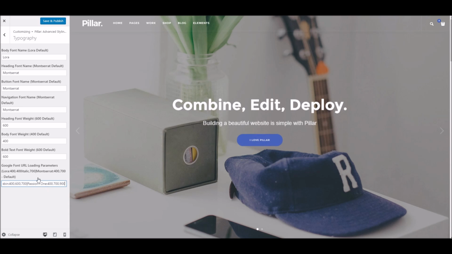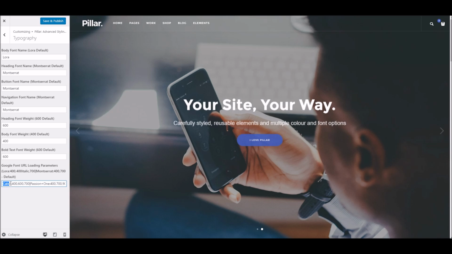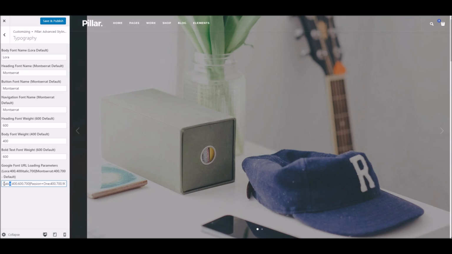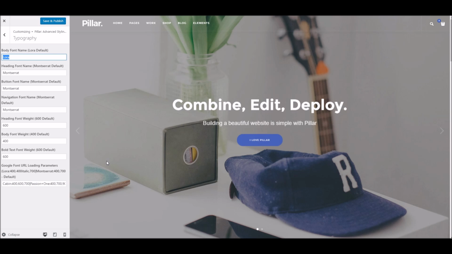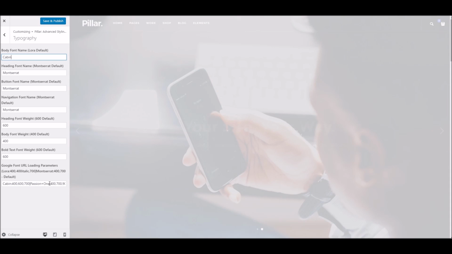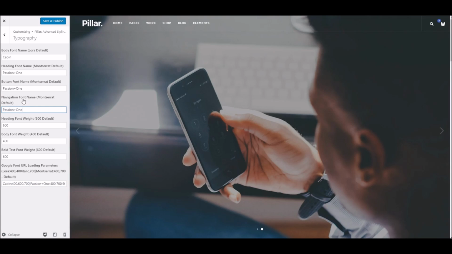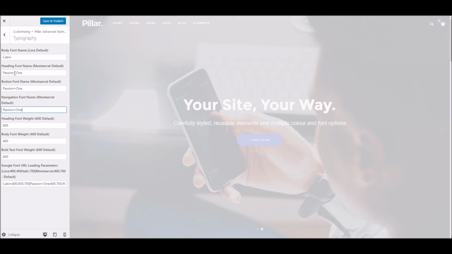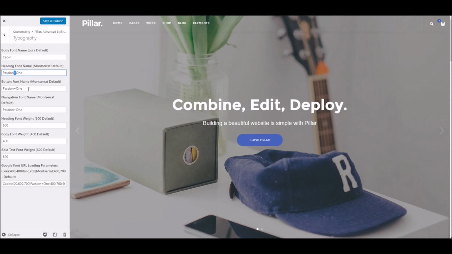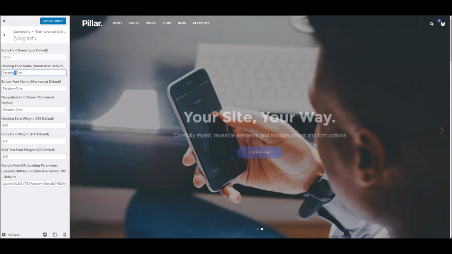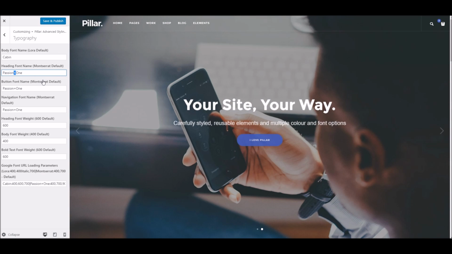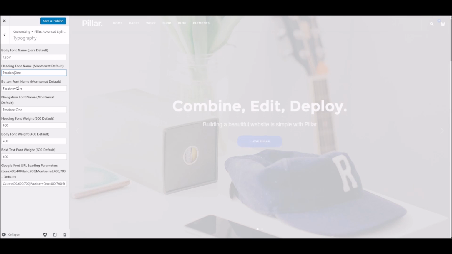And we're nearly done. What we need to do from there is actually pop the font names into the various fields above. So we're going to use Cabin as our body font, so we will replace Lora with Cabin. And we're going to use Passion One as our heading font, so we will just go ahead and pop that in there. Now it's very important to remember when you are doing this to remove any symbols in the font name. So where it's got Passion+One, which is fine for a URL but not for what we want, we need to just get rid of that, replace it with a space. We'll do the same there and there. So let's hit save and publish,